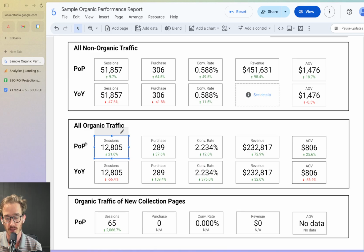So the sessions for organic are growing faster than sessions for all non-organic traffic. From that, you can deduce that all the work that we're doing on the SEO side is probably having a positive effect, right? And then likewise, you can look at the purchases, conversion rate, and revenue for non-organic traffic, and you can see